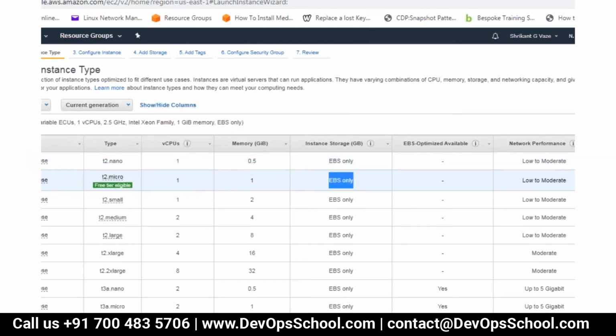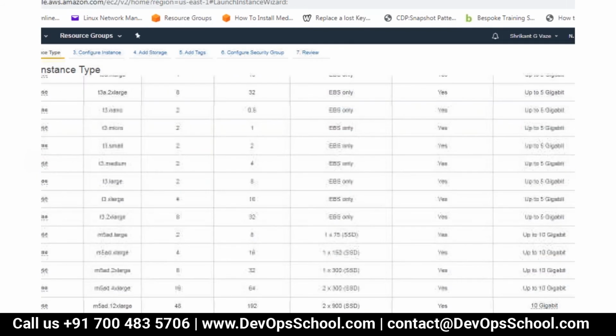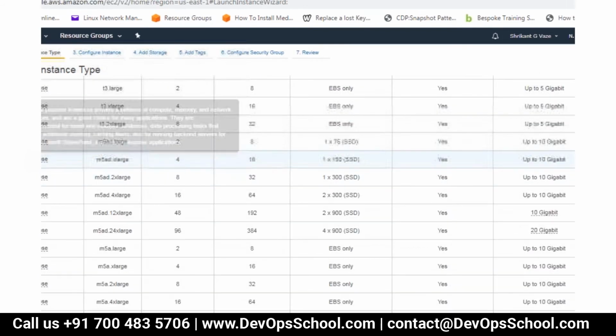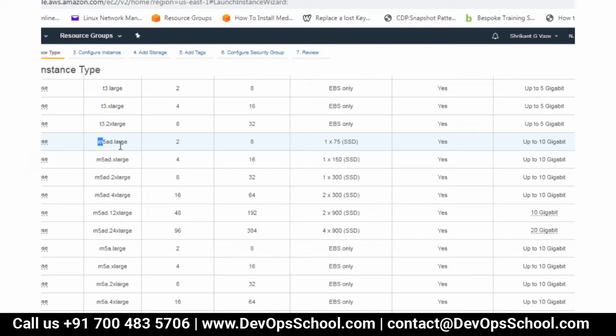But if I scroll down, you will see this particular M5A AD large. Now here it is mentioned that 1 into 75, and this is 75 GB, which is solid state drive. So this is nothing but an instance store. So instance store will come built with this server, with this EC2 instance.